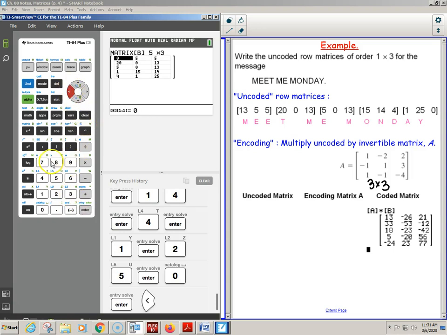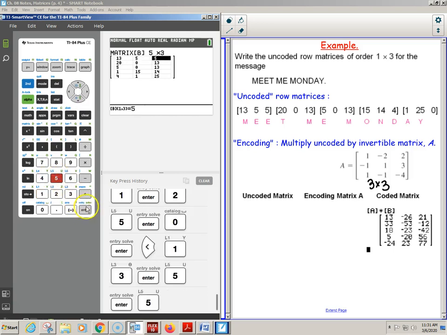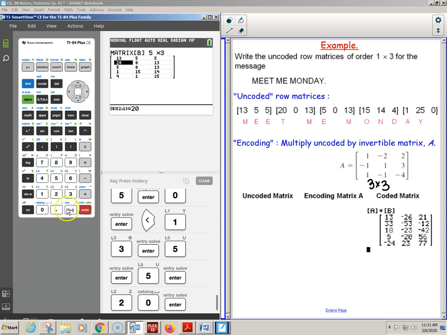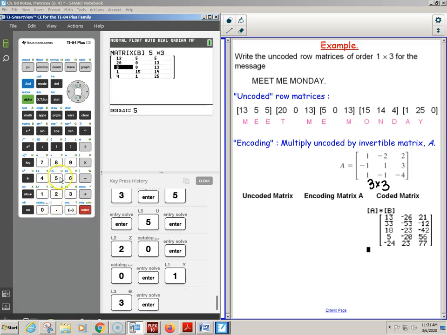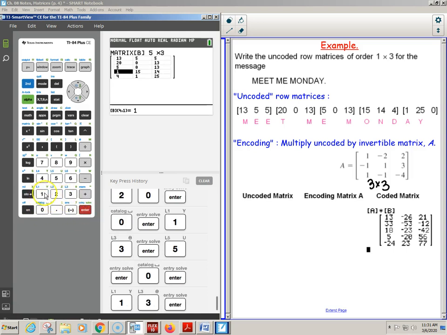What did I do wrong? The 1 in the 4th row was